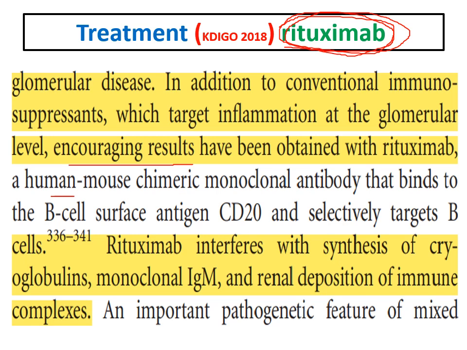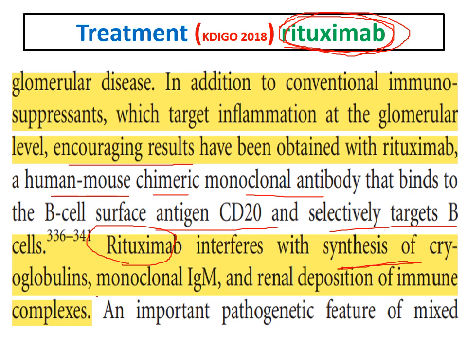Rituximab is a human mouse chimeric monoclonal antibody against CD20, selectively targeting B cells. Rituximab interferes with the synthesis of cryoglobulins, monoclonal IgM, and the renal deposition of immune complexes. This is the mechanism of rituximab. It decreases synthesis of